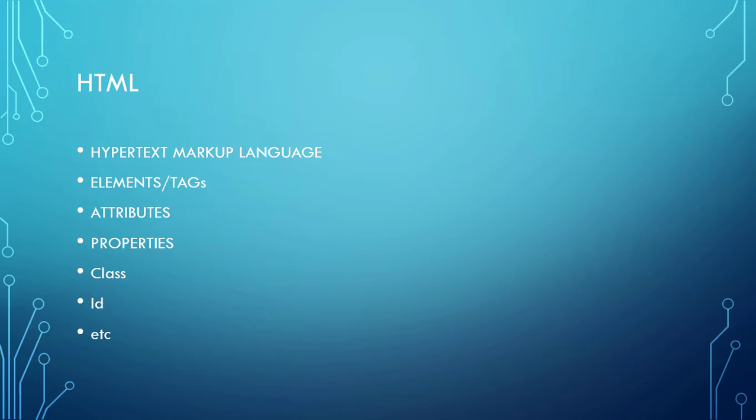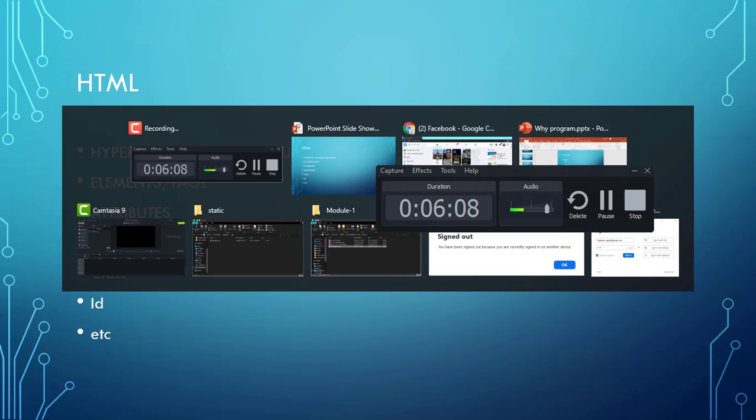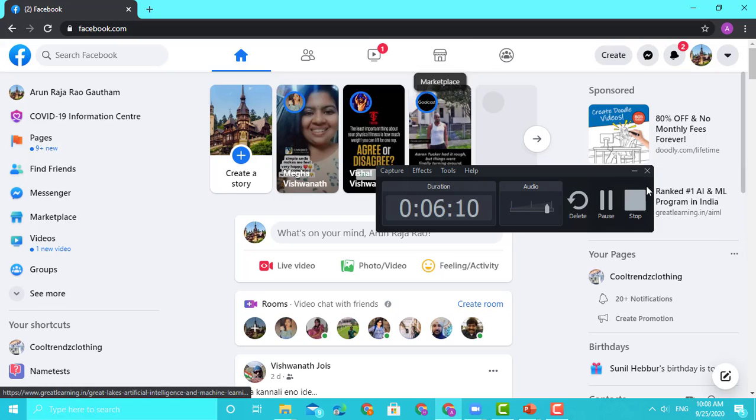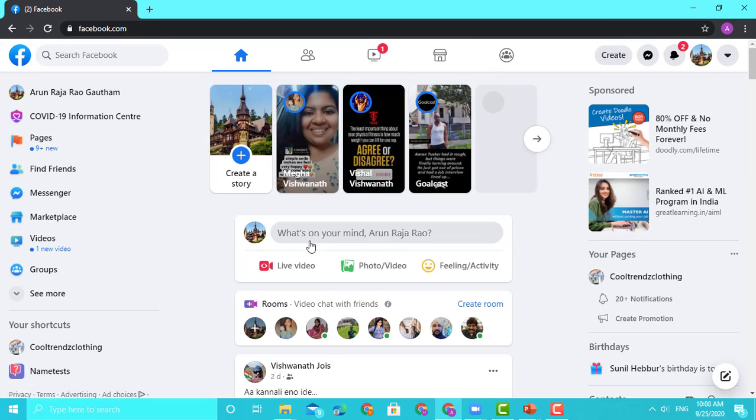So these are some things you need to understand. Okay, so this is the basics. As we do and learn, you will learn more. So that's where we are going to go now. What we are going to do is try to put together an HTML page that looks like your Facebook page.